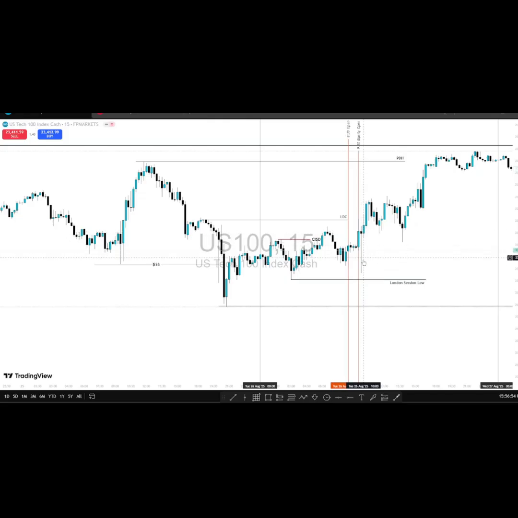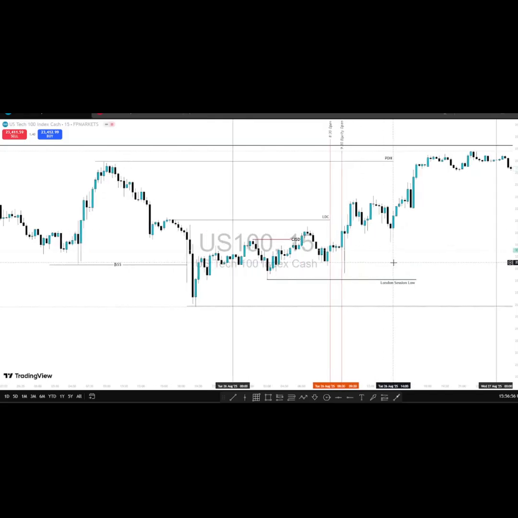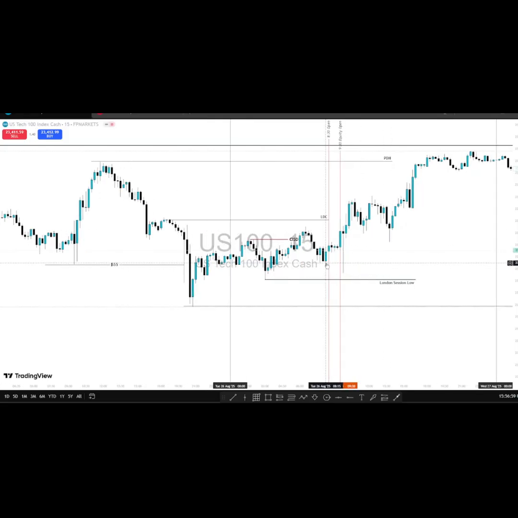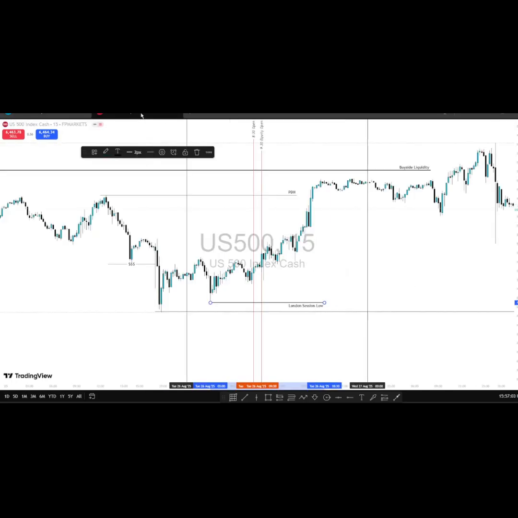We saw this quick movement in price to the downside, and it swept the 815 low. And then when I came to US 500, the ES, I saw that 9:30 opened, but it failed to sweep this low to the left, the 815 low to the left. So what does that become? It becomes my SMT.